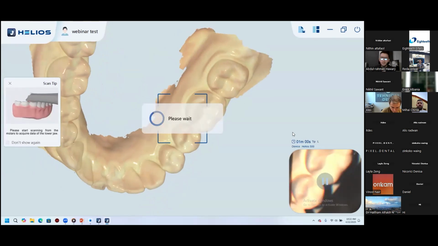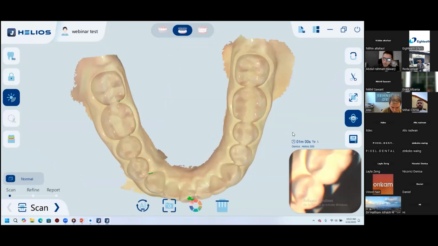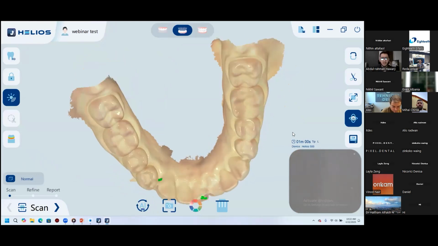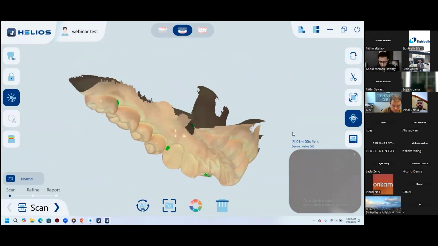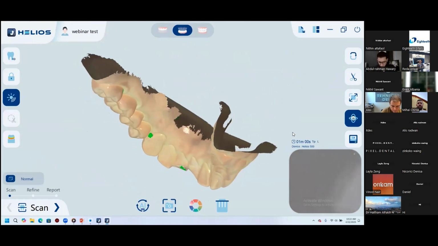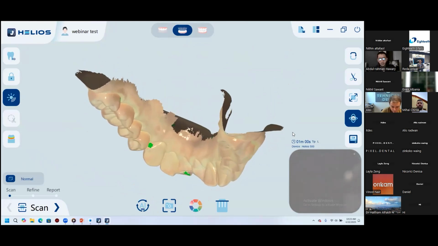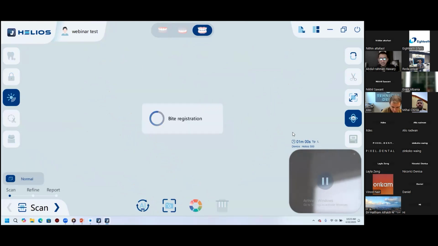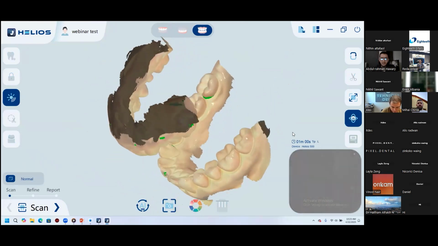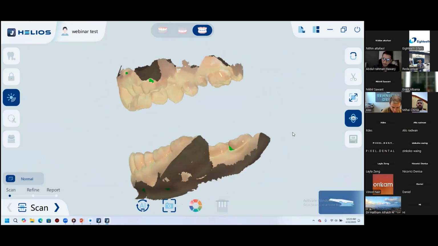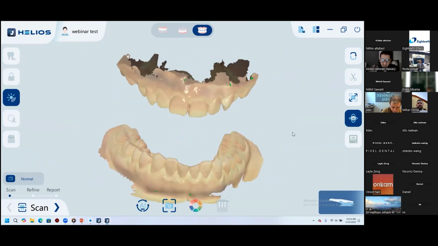If you actually want to detect the improvements in the Helios software, try using a version of the software that's not just the previous version. Use an older version, like 2 or 3 releases earlier, and you'll actually detect the huge improvements that are happening in the software regarding the scanning smoothness